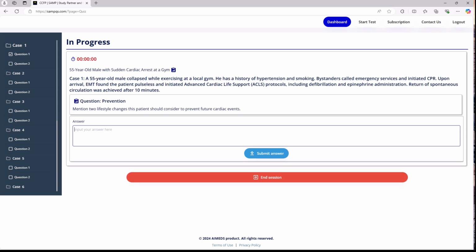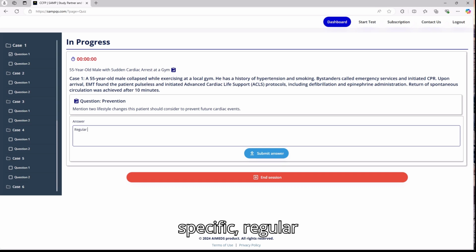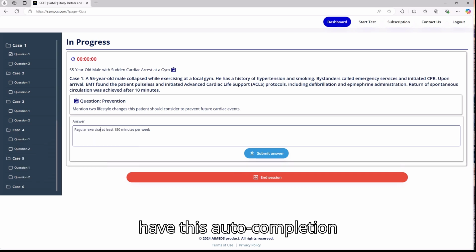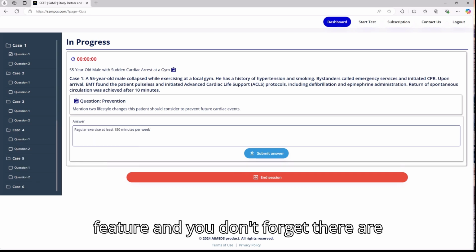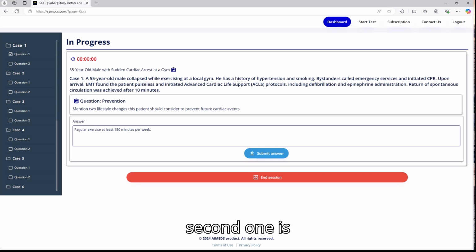Someone will say regular exercise, and this has to be very specific: regular exercise at least 150 minutes per week. Now in the exam you will not have this auto completion feature, and don't forget there are 2 things. So the first one is this, the second one is